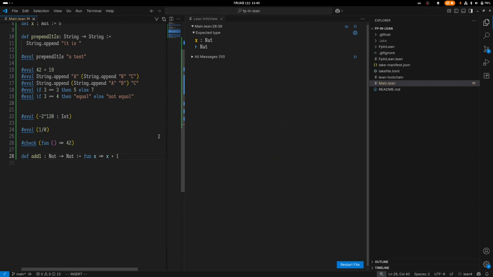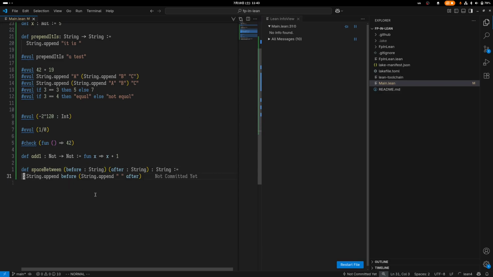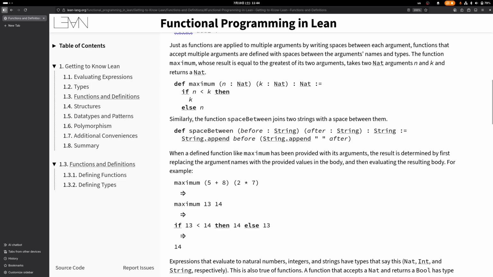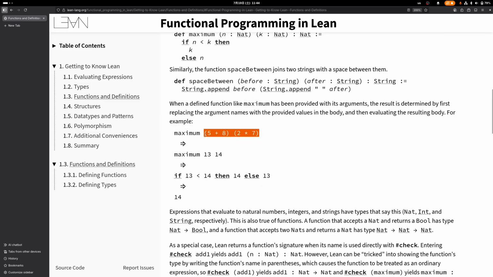I wonder if Lean even has var arg functions that take arbitrarily many arguments. But the thing is that I thought you can also use this syntax here, the same as Haskell. I wonder why they even use string.append if it has this much nicer looking operator. Yeah. When a defined function like maximum has been provided with its arguments, the result is determined by first replacing the argument names with the provided values in the body, and then evaluating the resulting body. For example, yes, obviously these are going to be evaluated first,